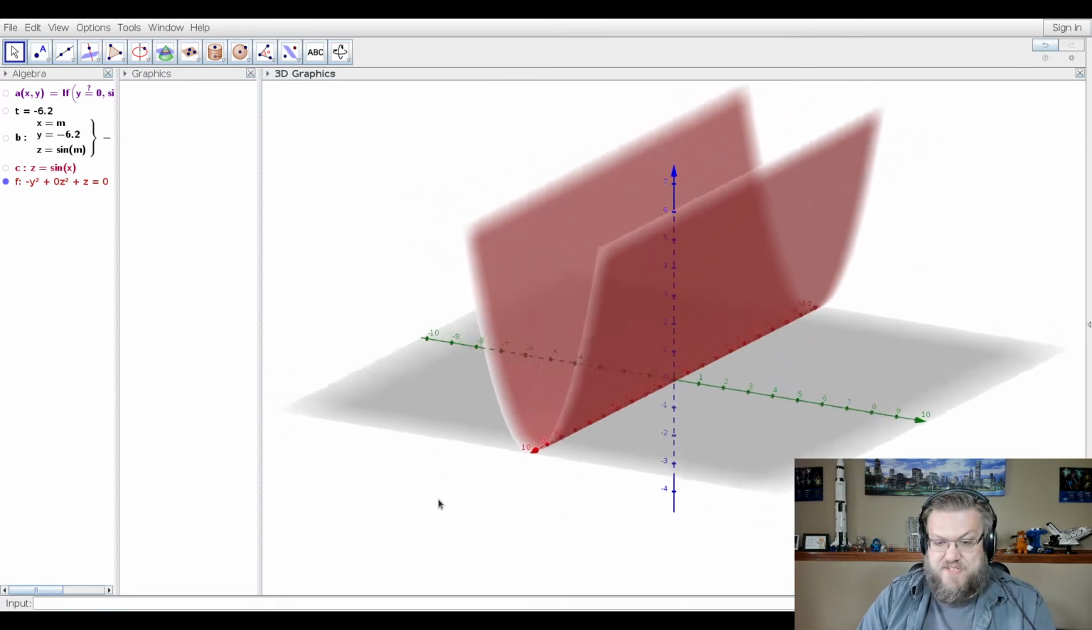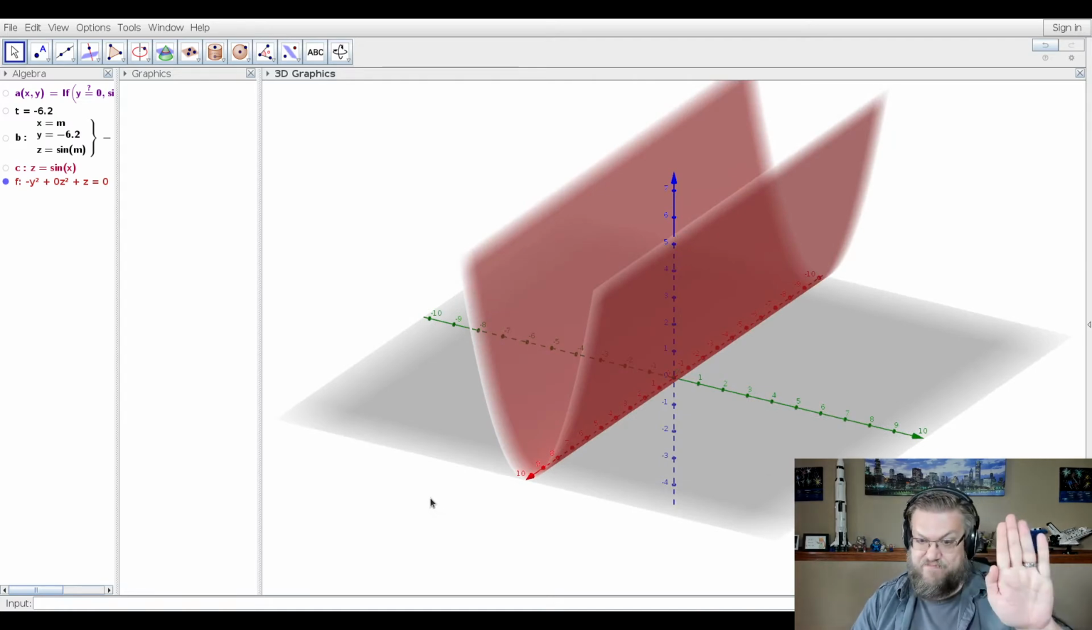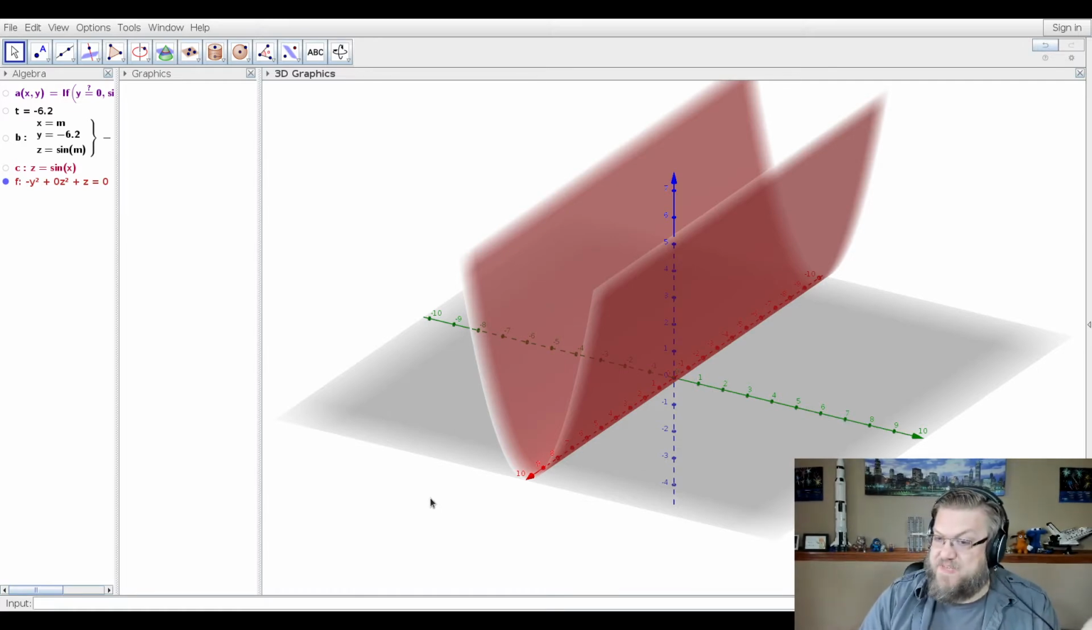So a way to draw a cylinder is to draw it in a single plane. Think of it as the two-dimensional plane and draw it there. And then you just draw copies of it up and down, or left and right, depending on whatever variable you're missing. So, for example,